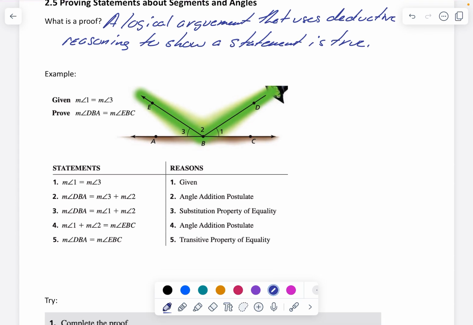So this first one is just an example, okay? We're not doing anything, but I want to talk through it. So you're going to be given angle 1 is congruent to angle 3, and we can see that those are marked on the diagram already. I'll just accentuate it a little bit. We want to prove that,